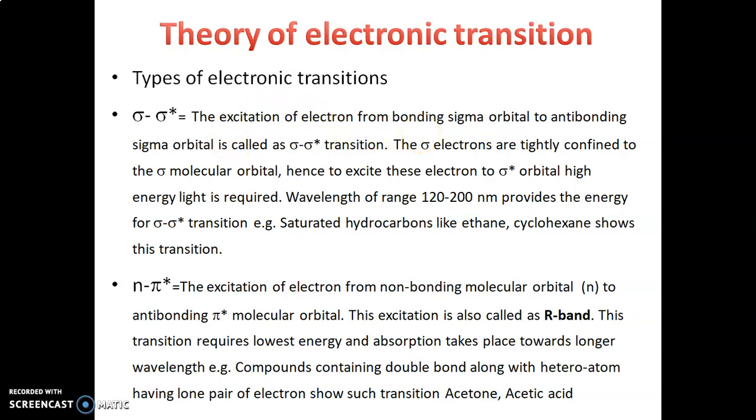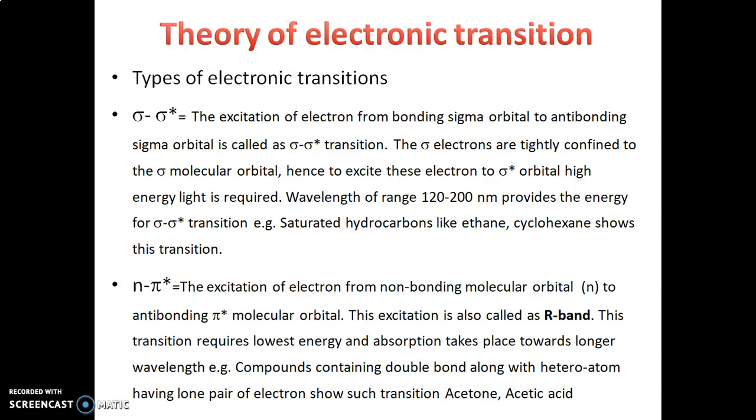As we know, sigma bond is one of the strongest, most stable bonds. Hence, the electrons involved in the sigma bond are stabilized, while sigma star is having very high energy,